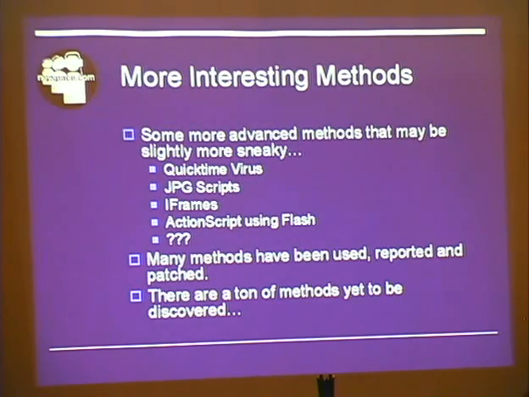More interesting methods, you could actually have it do automatically. Like the way we have it set up here and the way I'm showing you, the user has to click a link, which isn't a big deal because the front of the link, as you saw, started with searchresults.myspace. If they were just to mouse over and say, oh, searchresults.myspace, and you know how it truncates the link towards the end, so it just puts dot dot dot, you don't actually see the cross-site scripting in the link itself, so it looks normal to most people. Most people would click it without even thinking about it because they see search.myspace doesn't look bad, it looks fine to me, so then you would click it.